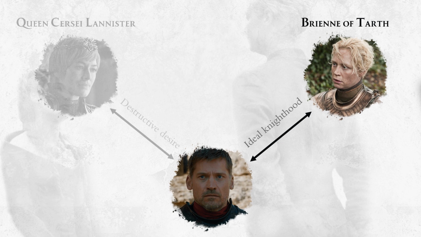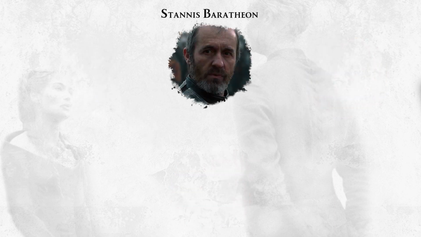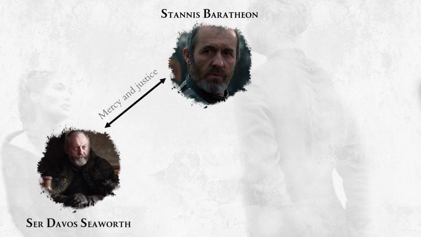This personification of internal conflict is also done to other characters in the show, and a prime example of this is Stannis Baratheon. He's the younger brother of King Robert Baratheon, and after his brother died, he wants to take on the Iron Throne in the second season. For Stannis, there are two advisors that are really important to him. On the one side, we have Sir Davos Seaworth, who represents the side of Stannis that is just and merciful,